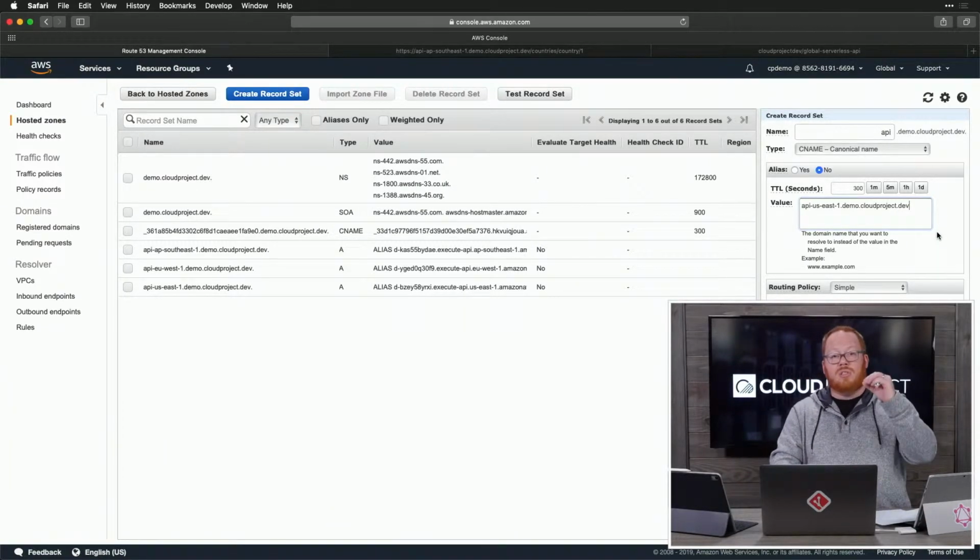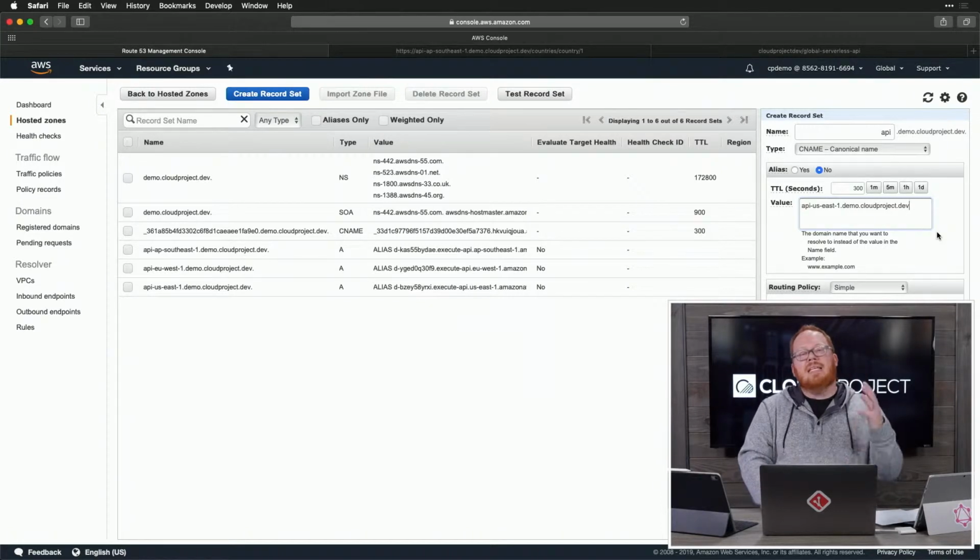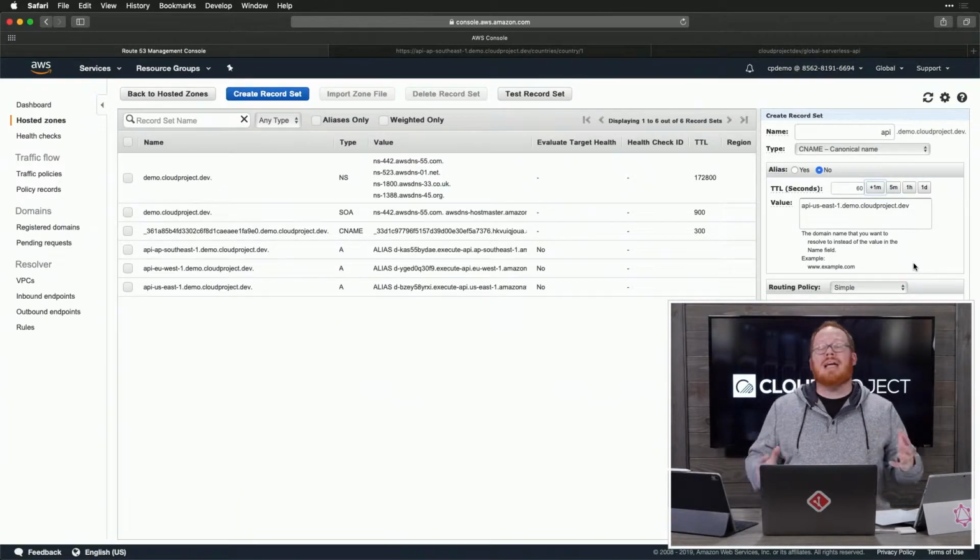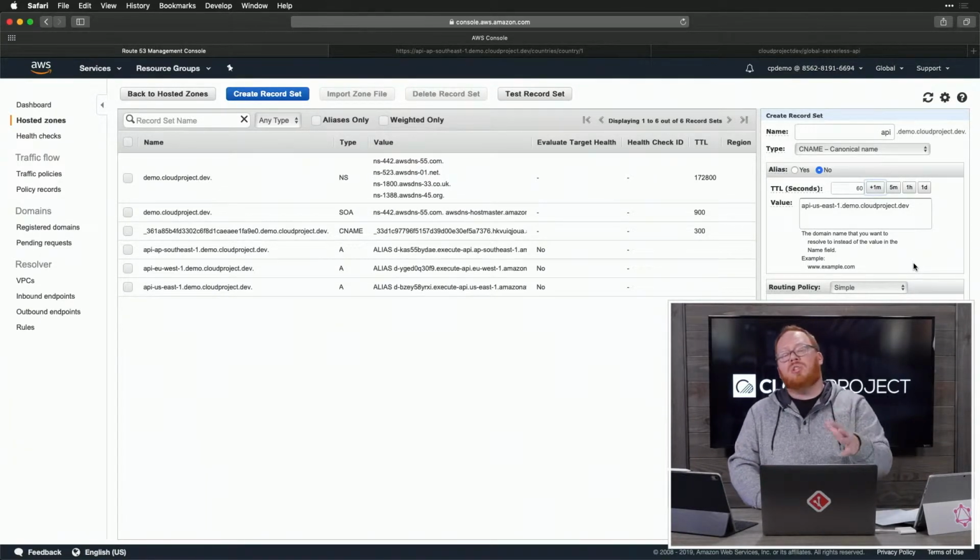A couple of things to consider. First, we need to think about TTL. We're going to want this to be at maximum 60 seconds. Now, why is this important? This is something you need to understand when you're thinking about DNS for this kind of configuration in general. DNS does not update automatically. Each record generally has a TTL. In this case, we're saying if you have fetched DNS within the last 60 seconds, use the previous value that was returned. So if we had, during those 60 seconds, something fail, users could be sent to an endpoint that's